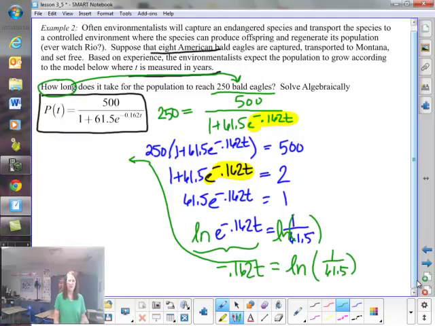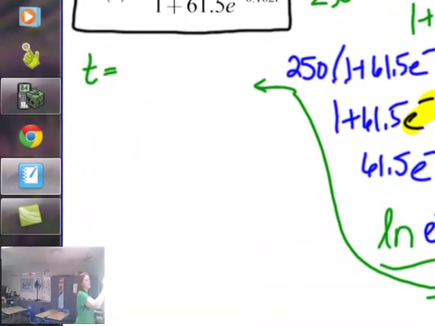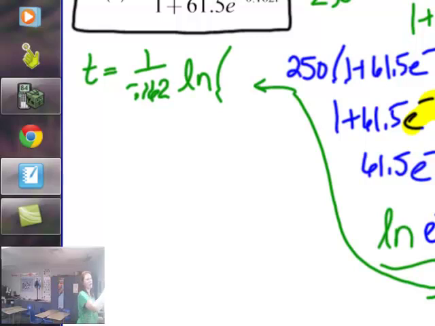Now that's going to make kind of a mess when I go to type it in my calculator. So instead of dividing by a fraction, I can always multiply by its reciprocal. So the reciprocal of negative 0.162 is 1 over negative 0.162. And then we're going to have the natural log of our 1 over